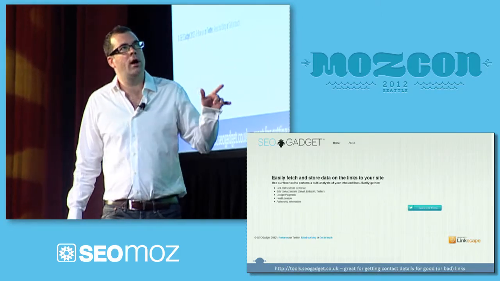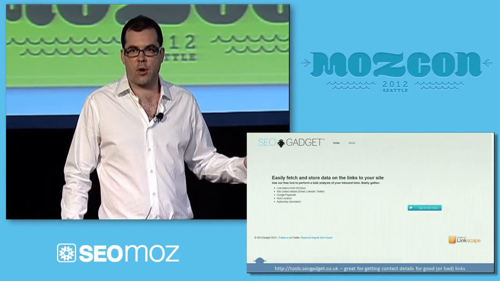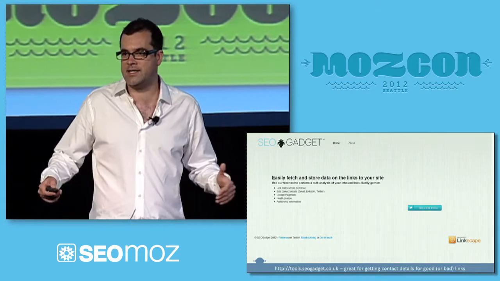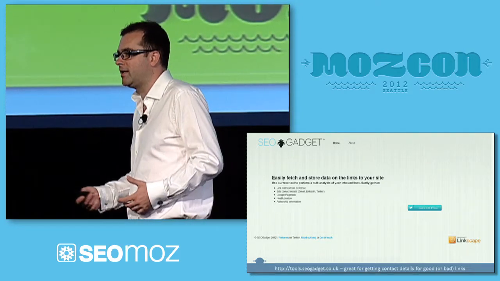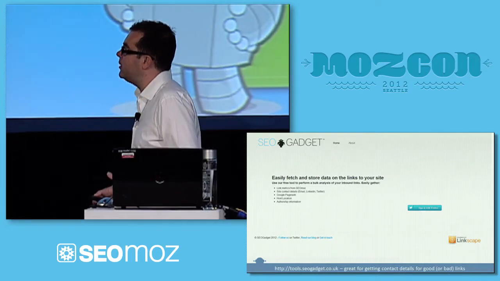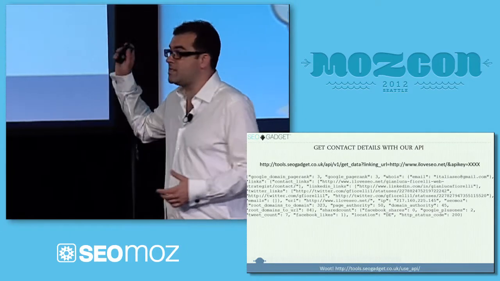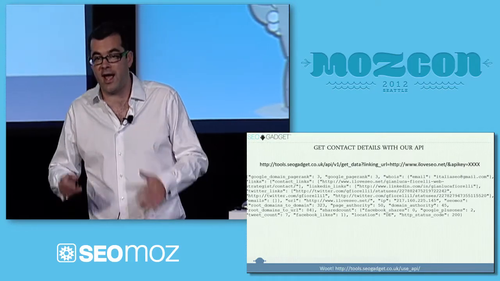We have a tool called Link Cleanup and Contact. You can paste in all of your URLs, and it will give you the contact details for each one of those links. So if you're trying to do outreach to sites, or if you're trying to clean up bad links, you can get the contact details for that. This has an API too. In fact, this is the first time anybody's seen this API. This is free for you to use, and I'm going to show you how to use it.